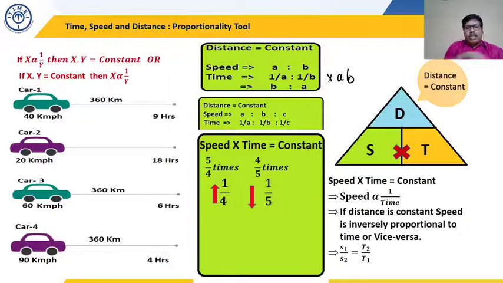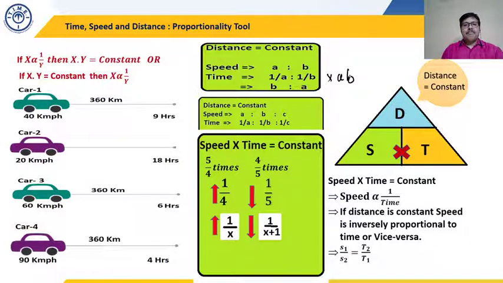Now, can I summarize this observation into a simple algebraic formula? If any quantity increases by 1 by x, the second variable must decrease by 1 by x plus 1 to keep the product constant. This concept is the golden rule of arithmetic. This is a $1 million tactic. This is very, very useful. I hope this point is clear. Perfect.